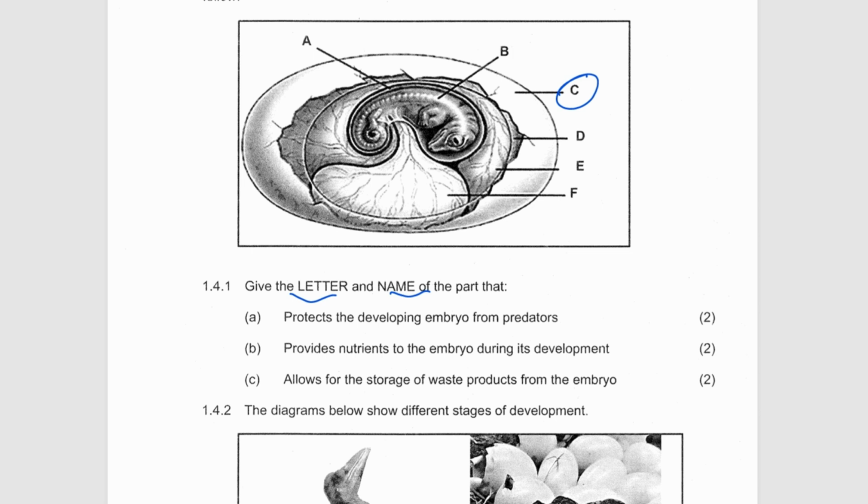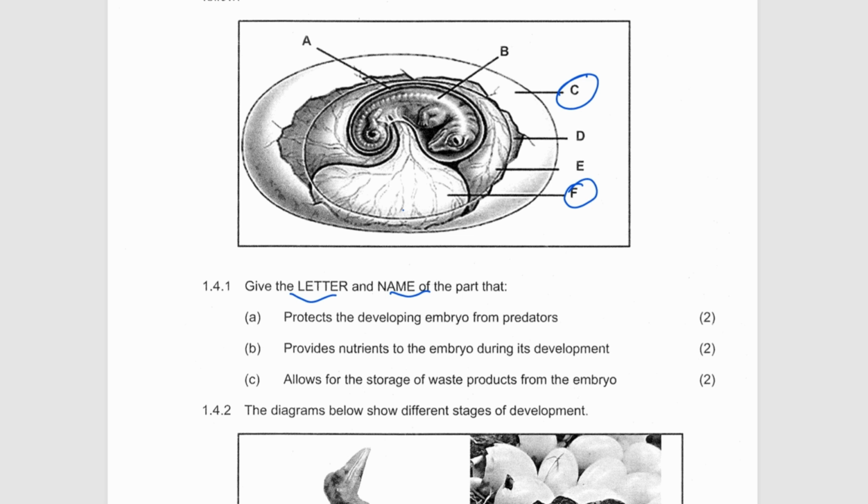And then here, provides nutrients to the embryo during development. Provides, meaning that it brings the nutrients. So the most probable answer is yolk sac. Yeah, so it's a yolk sac, which is coming from the yolk. That's the yolk inside, and then F becomes the yolk sac. So it's yolk sac. And then they're saying that